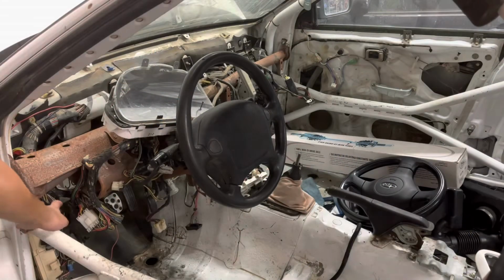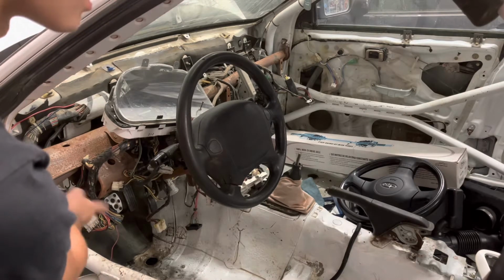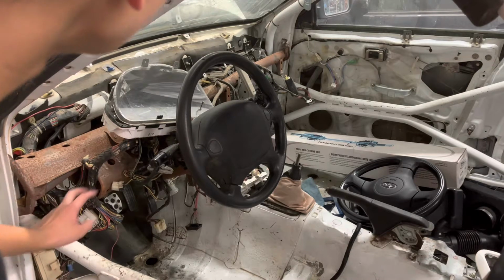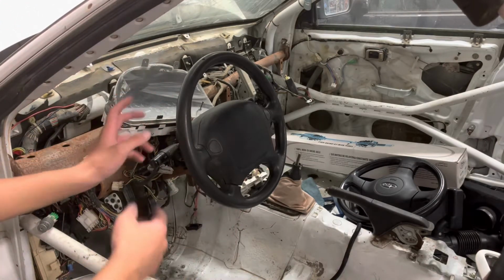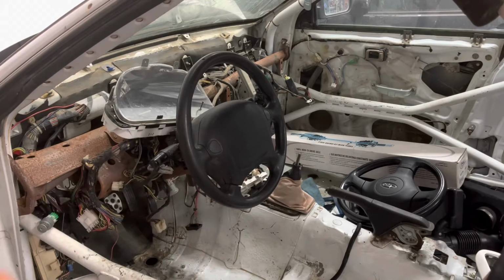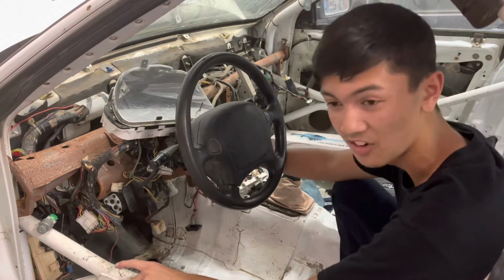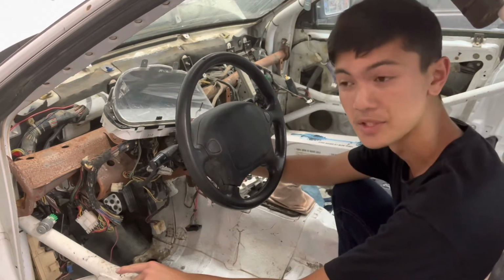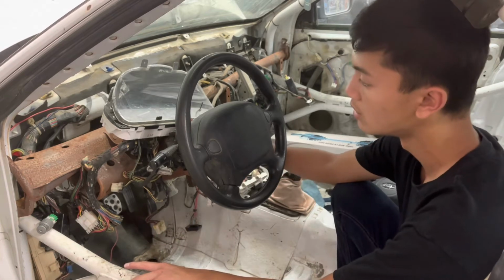So it's been some time and we've ended up having to do some work. What we did was we replaced the relay right here that controls the fuel pump, and in addition we checked a bunch of wires in the engine bay to make sure that they're all hooked up. So before, when the car was in the off position, the fuel pump would turn on, but when it's in the on position now, so one click,